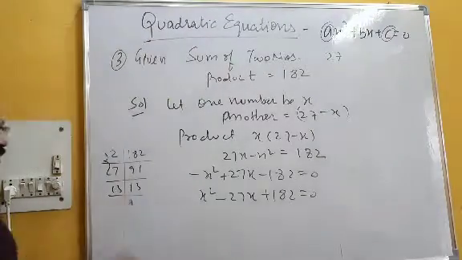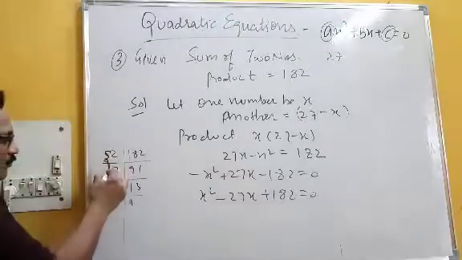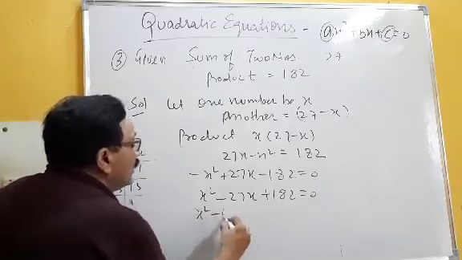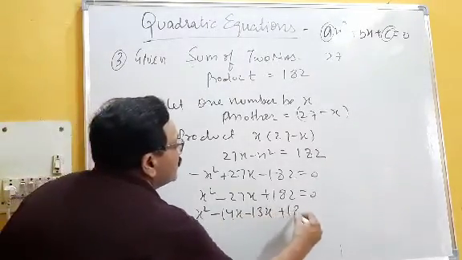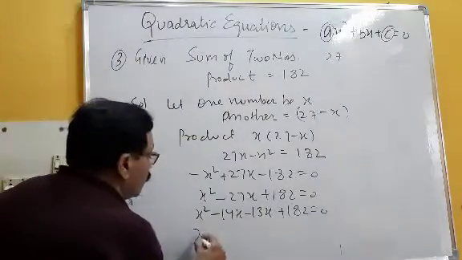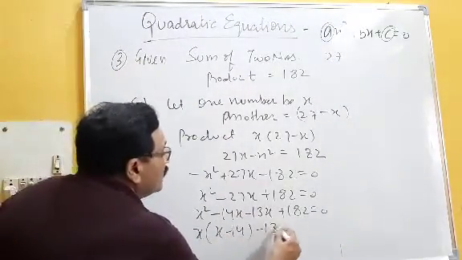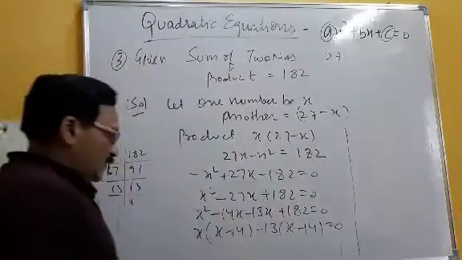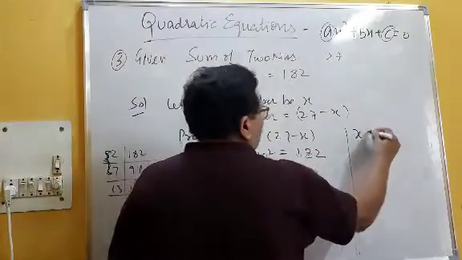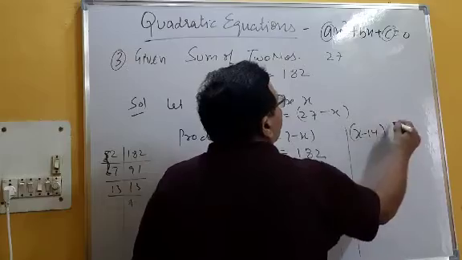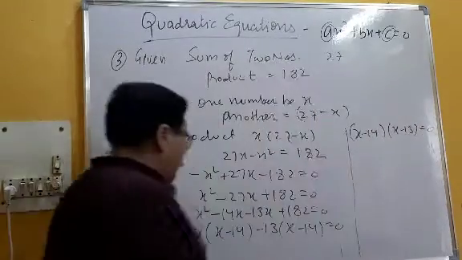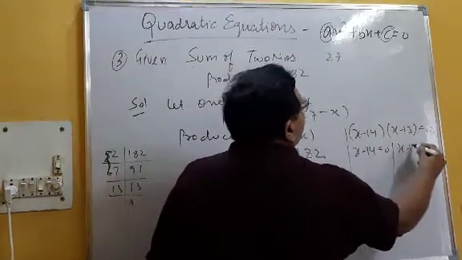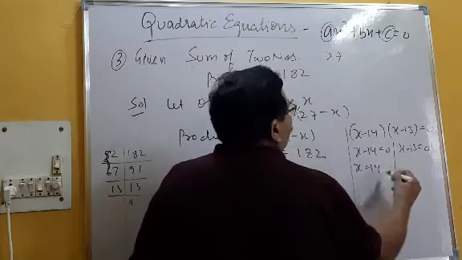So now you can see 2 into 7, 14. I am using all the factors. 2 into 7, 14. 14 plus 13, 27. You can write x square minus 14x minus 13x plus 182 equal to 0. Here x is common. X minus 14, 13, x minus 14 equal to 0. When you solve it, x minus 14 common, x minus 13 equal to 0, right? Then same, x minus 14 equal to 0, x minus 13 equal to 0, x equal to 14 and x